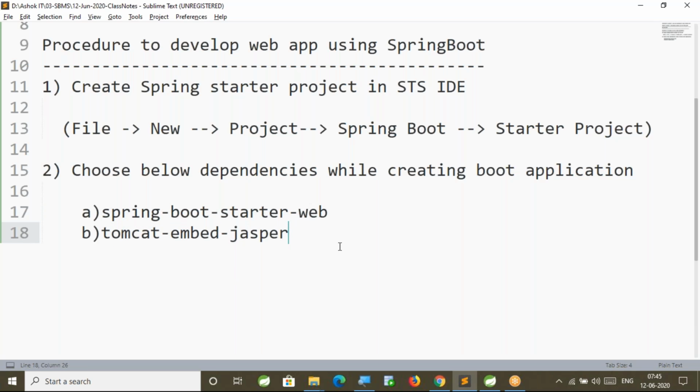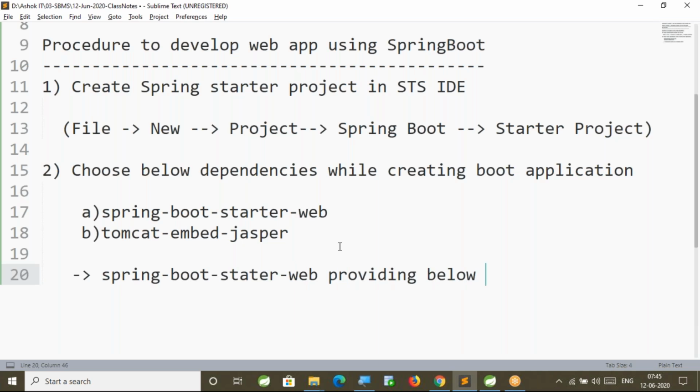Sir, what is the purpose of these two dependencies? What actually are they doing for our application? Right. Spring Boot Starter Web will provide the below three functionalities for us. What are those three functionalities?